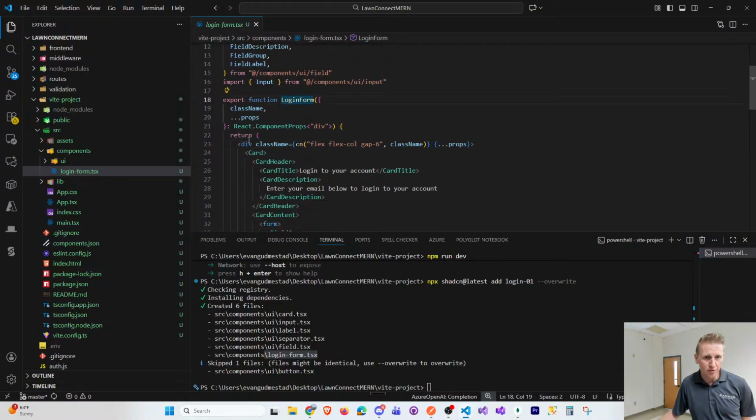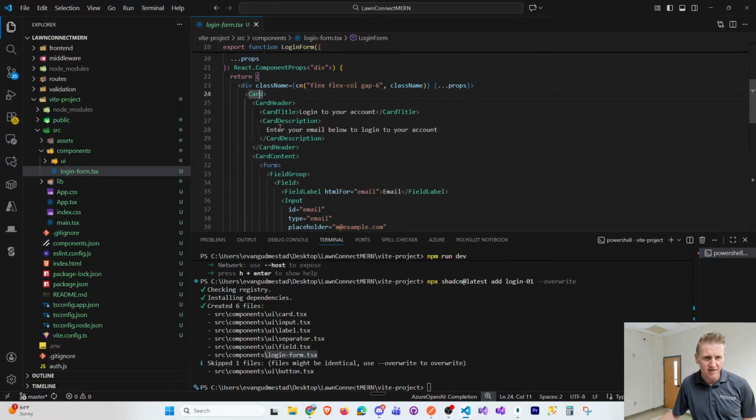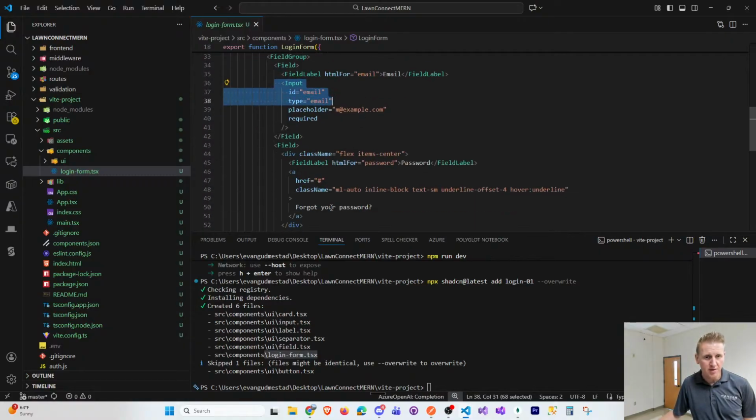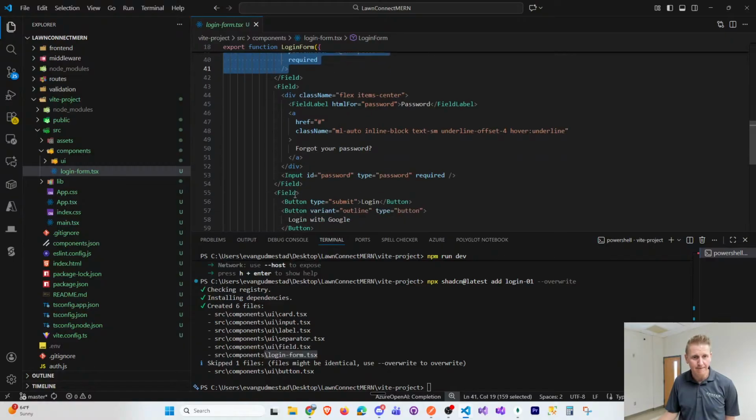So notice my login form has a card. Inside of that card, we've got an input type of email. We've got some labels. So we got labels, we got HTML inputs, another input type of password. So if you want to get good at working with components, I strongly suggest you look at the components from ShadCN. If you want to learn how to make components, because you guys are all new to components,